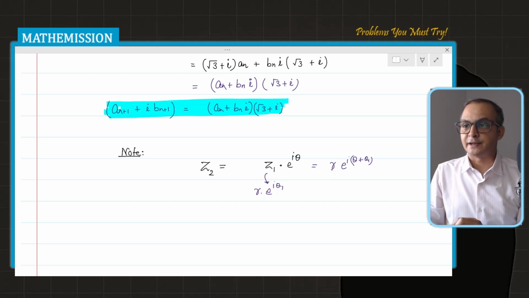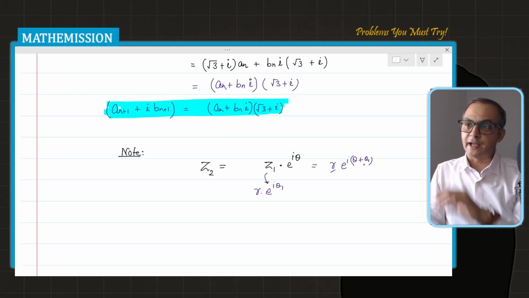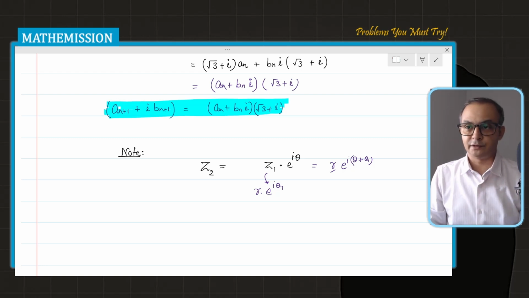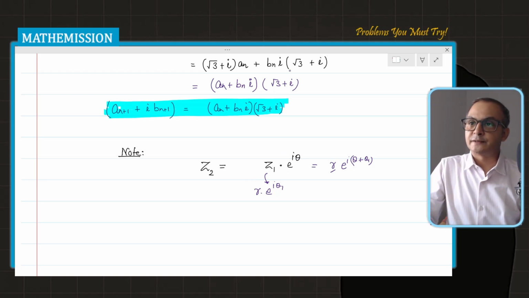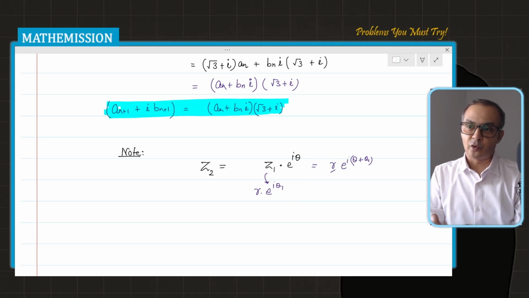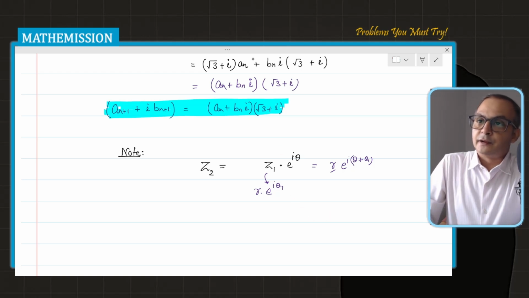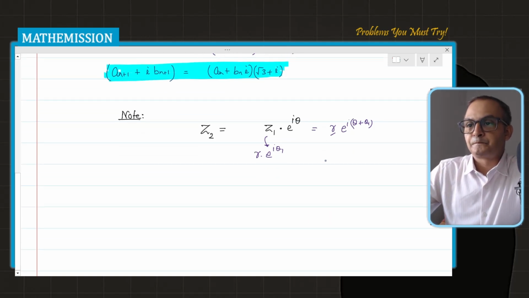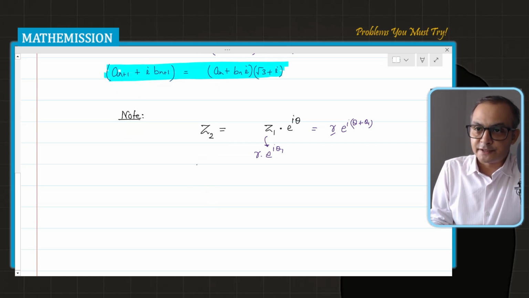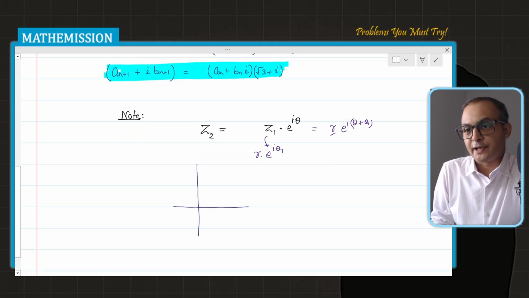Because now what happens is that the magnitude remains the same as the magnitude of z1, but the angle is moved by theta, not theta 1, moved by theta from the previous theta 1. So this e to the power i theta is a rotating factor which rotates z1 by theta units anti-clockwise away from the original place or original situation. So the meaning of this, what I want to say graphically is, suppose I have z1 here,